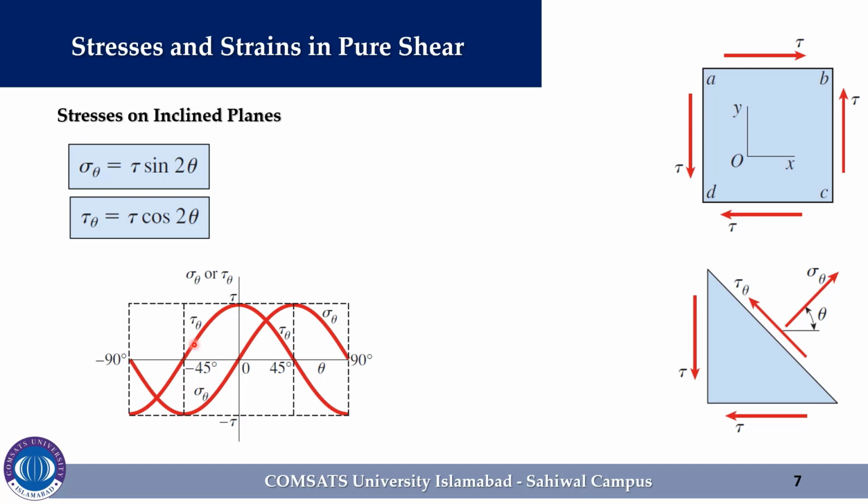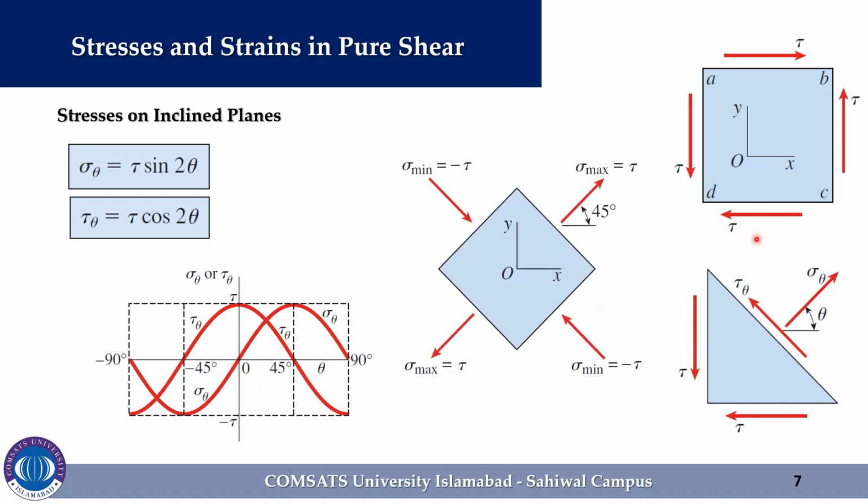These conditions are pictured in the figure here, which shows a stress element oriented at 0 degree and at an angle of 45 degree. The element at 45 degree is acted upon by equal tensile and compressive stresses in perpendicular directions with no shear stresses. Note that the normal stresses acting on the 45 degree element correspond to an element subjected to shear stress tau acting in the directions shown in the figure here.